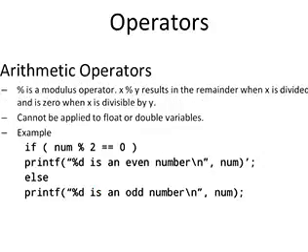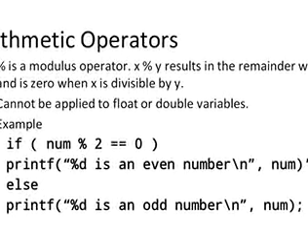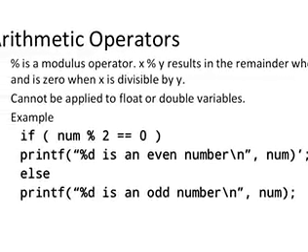See the arithmetical operators. Mod, see here percentage, that is called mod. Mod is the modulus operator. Here x mod y results in the remainder when x is divided by y. It cannot be applied to float or double variables. Example,